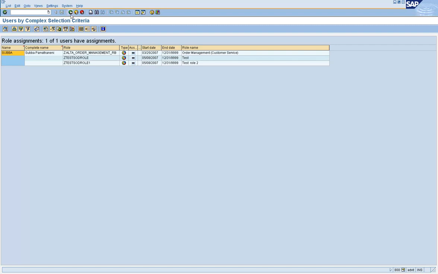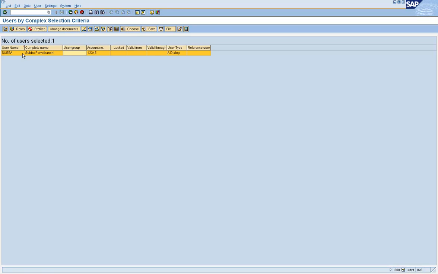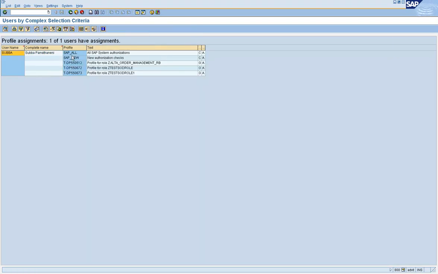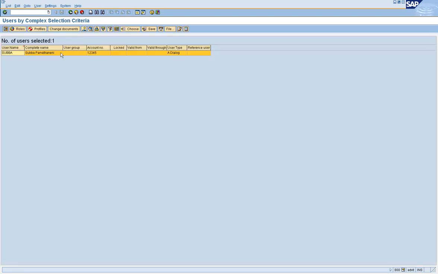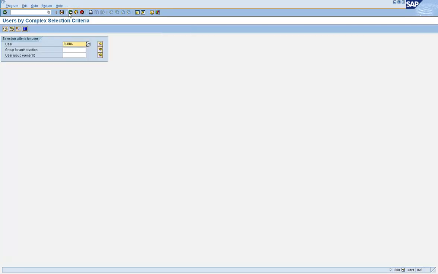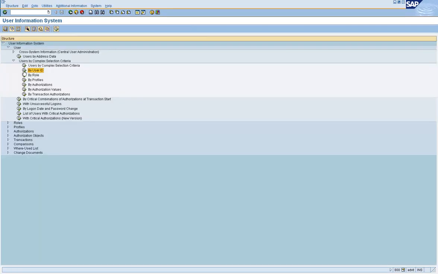Similarly, if I select the user ID and click on profiles, it will tell me what all profiles have been assigned to my user ID, or whatever user ID you selected. Okay. So this is all personal information. This is user specific. So that is what happens when you click on by user ID.